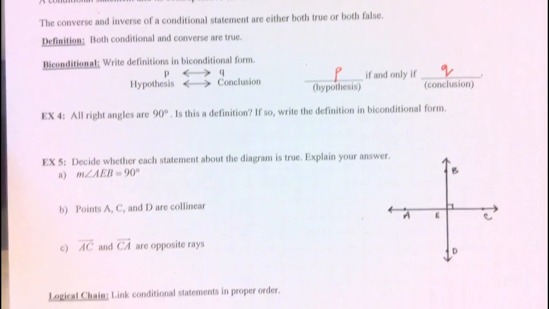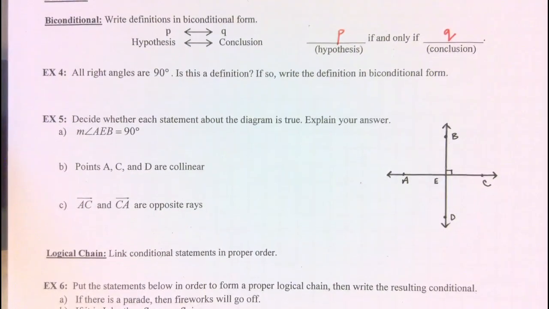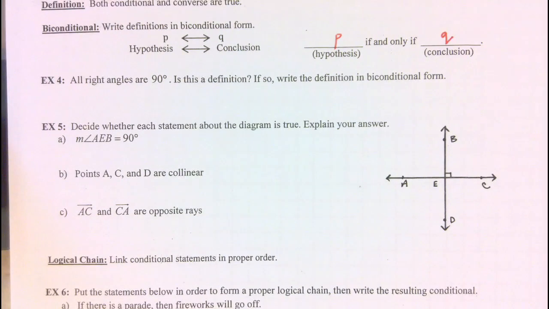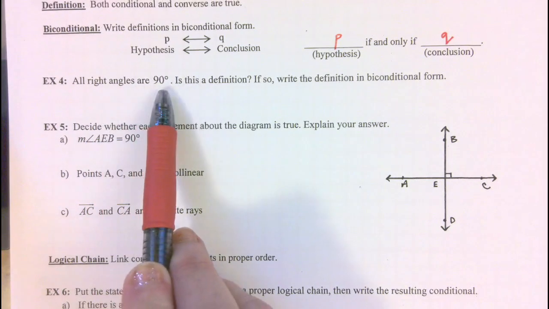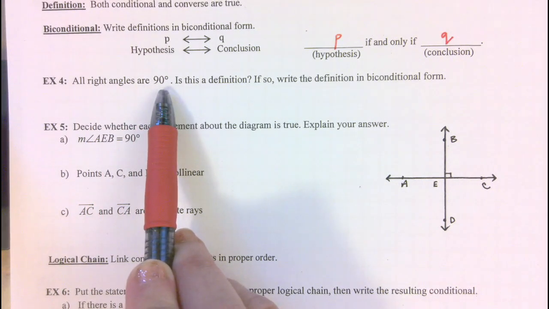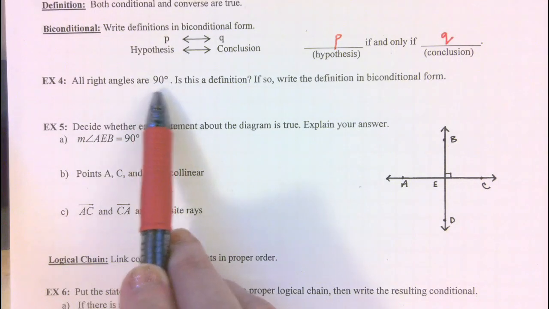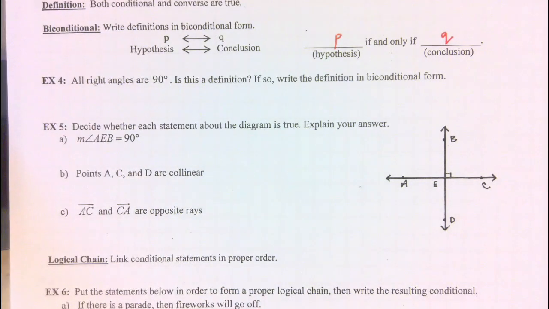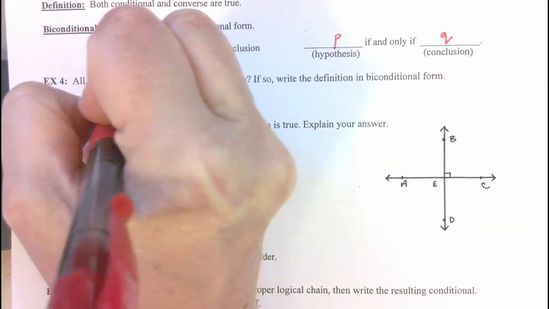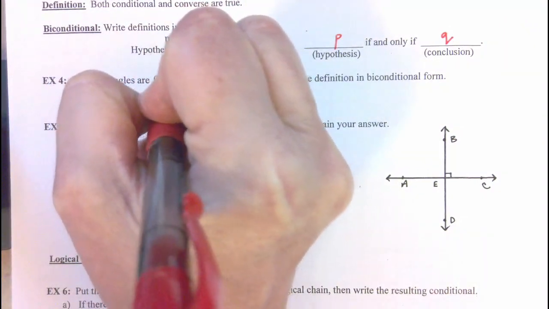So example 4. All right angles are 90 degrees. Is this a definition? Let's start there. Well, let's think about it as a conditional. If it is a right angle, then it has a measure of 90 degrees. Is that true? Yes, the conditional is true. Let's go in reverse and think of its converse. If an angle has a measure of 90 degrees, then it's a right angle. Is that still true? Yes, still true. It's true in both directions. So we'd say yes. It is a definition